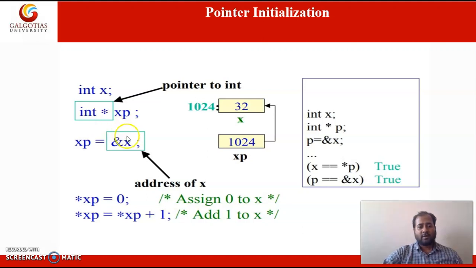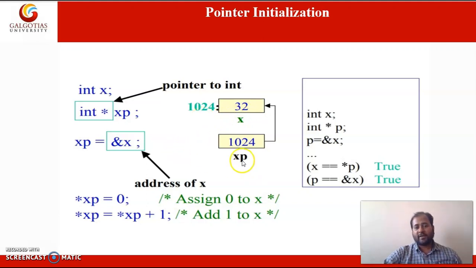Okay, so in the next statement what we are doing, we are assigning address of x to the pointer variable xp. Here in this diagram we can see that we are having the variable x and we have stored 32 into that variable, and address of that variable is 1024.